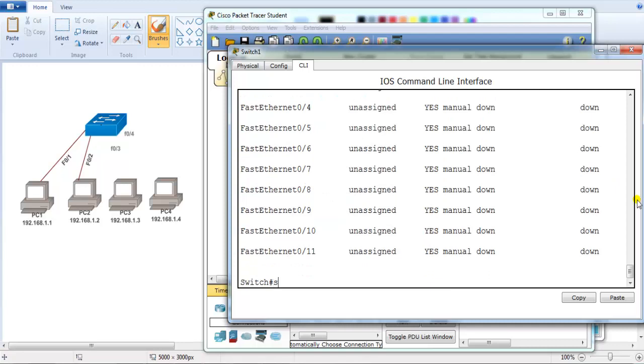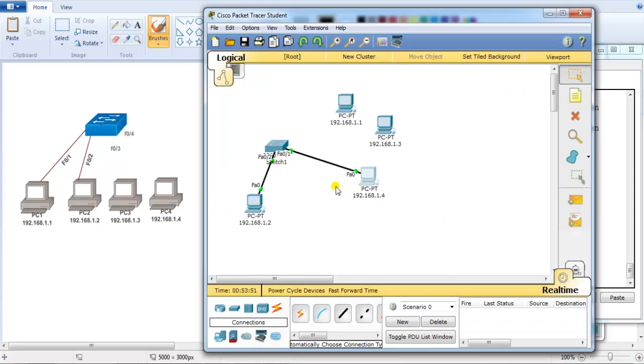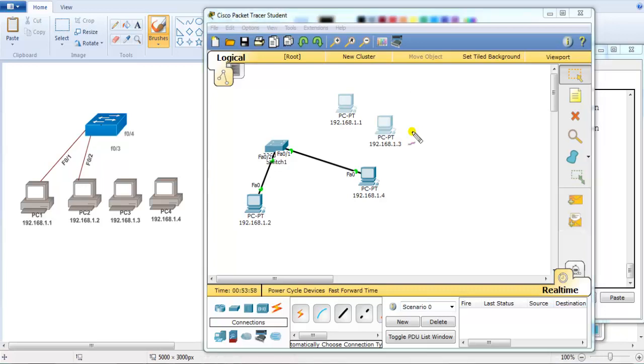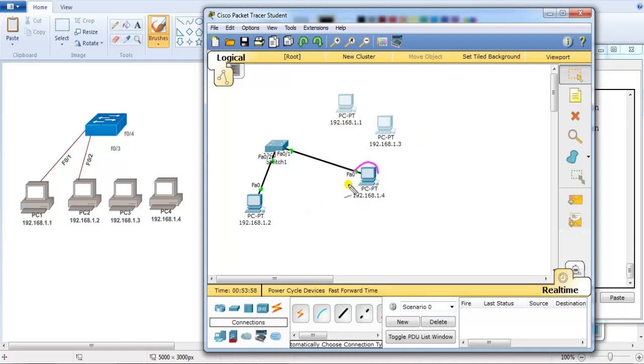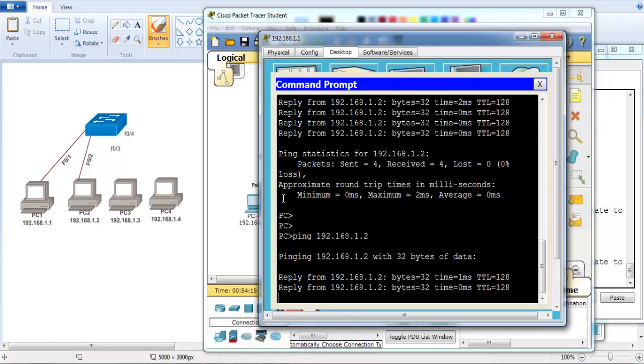And if you verify show MAC address table, I can see the 2 entries. If it learns any third MAC address, it is simply going to ignore those. And any new device that connects on port number 1 other than these 2 learned, it's going to simply ignore the traffic, which means that particular user will not be able to communicate if he connects. If I connect these ports back to these particular ports again, we can still communicate. Let's remove the connection from here, and let me connect to the 1.1 PC. Now from 1.1 I can still communicate here.